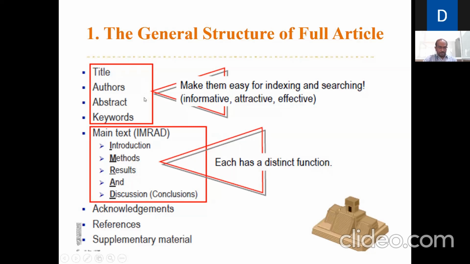Next, this is the entrance of our paper. Now the second point is your hall, that is the main text, IMRAD. The first one is the introduction, then methodology, result, and discussion, right? Each should have its distinct function. I will explain how to write all these things, abstract, introduction, and method, in the next slide.